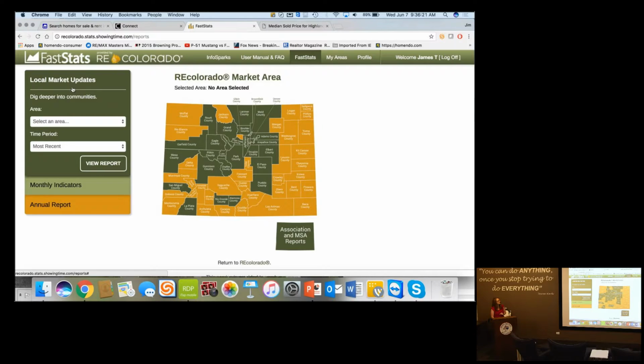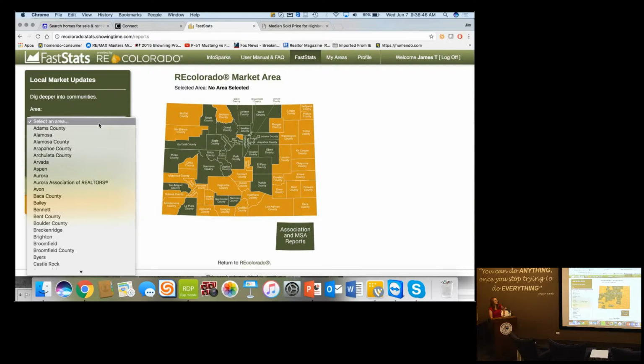You'll notice on the left-hand side we have local market updates, monthly indicators, and annual reports. These second two, monthly indicators and annual reports, we can only see those for the entire RE Colorado market. We can't drill in on these, okay? But we can, for our local market update, drill in for county or city level. Now, I could select an area from the drop-down over here on my left. I could select it there and pick it,